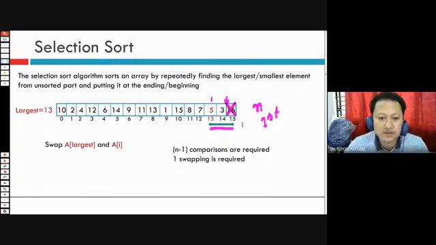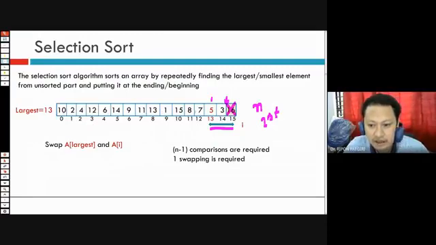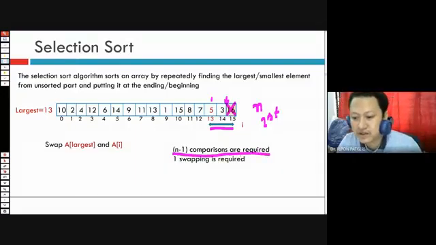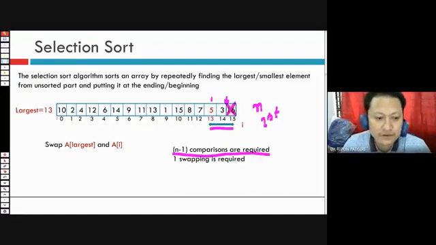How many comparisons have we performed? If it is 16 elements, then we have performed 14 comparisons. So for n elements, n minus 1 comparisons are required.